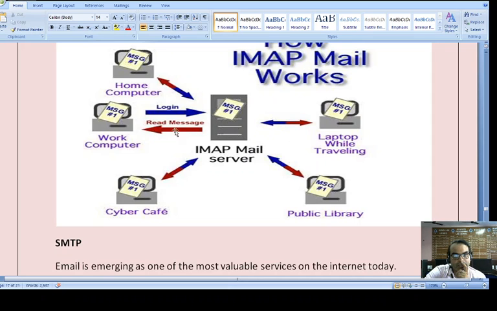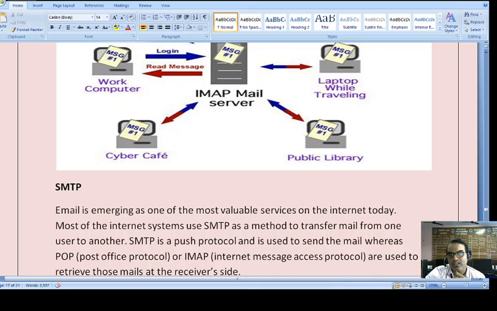He will be able to read that message. And from this server we can send to the home computer, to the cyber cafe, to the public library. So the sending part is not for downloading. For downloading the information from the server through email, this protocol takes care of the thing.